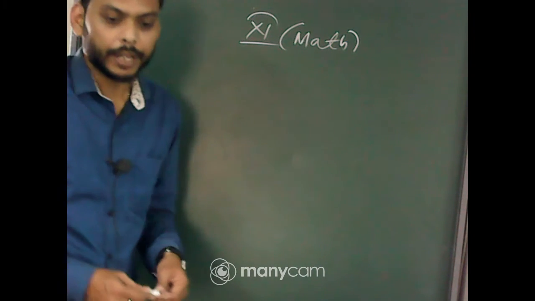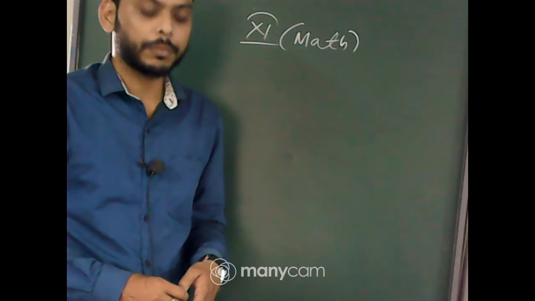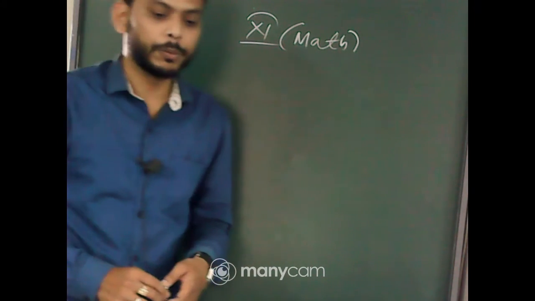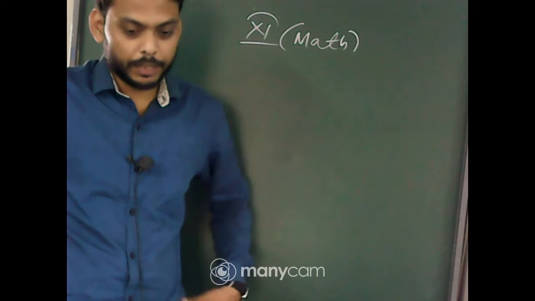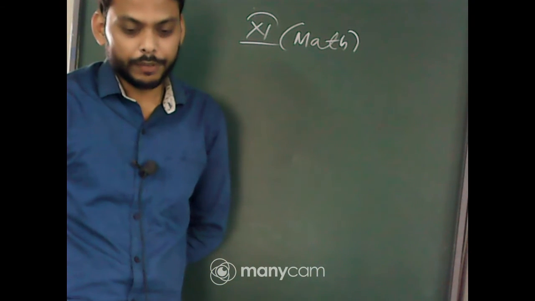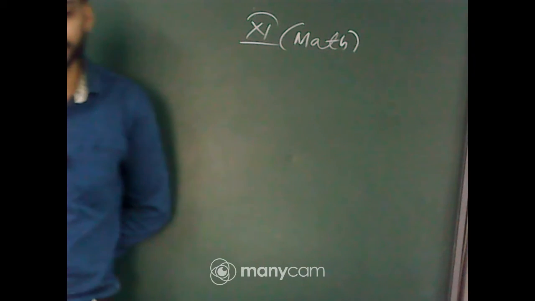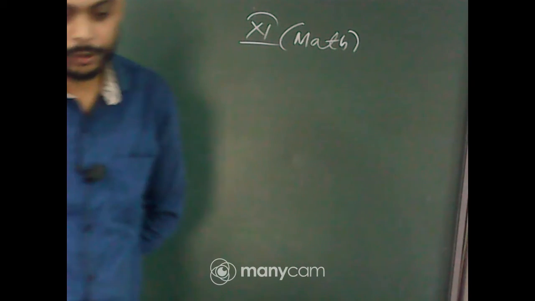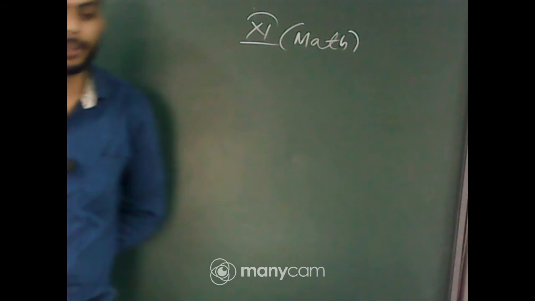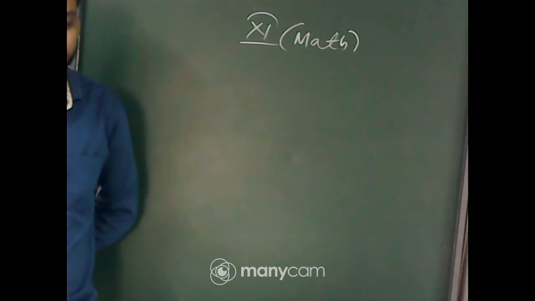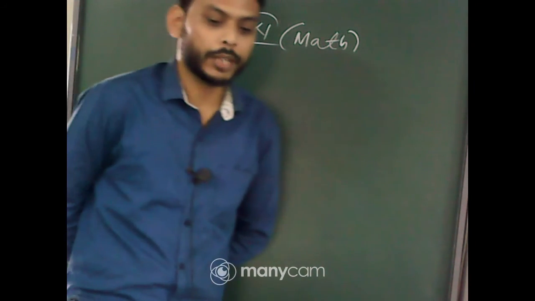From where MCQs? MCQs only from the case study based question. First 16 questions are VSA type of question, not MCQ. MCQs will be only on the case study based question. There will be 5 questions for each case study based question. You have to do 4 out of 5 from the first one and then 4 out of 5 from the second one. So total MCQs, that will be from case study based question.